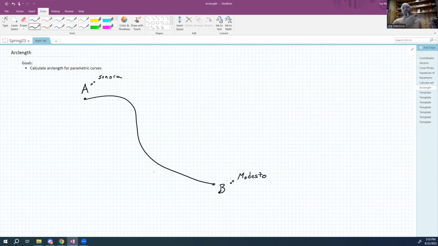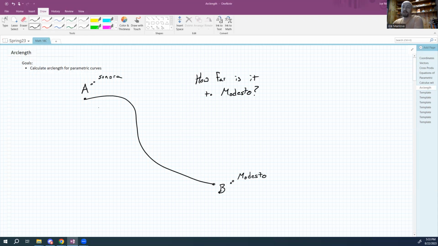In this case, I'm not actually going to talk about time. I'm going to talk about distance, right? So my driving question here is how far is it to Modesto? And we're not going to answer this with a time. We're not going to say it's 45 minutes to Modesto. We're going to actually figure out in miles how far it is. So the way we're going to do that is we're going to think, well, look,